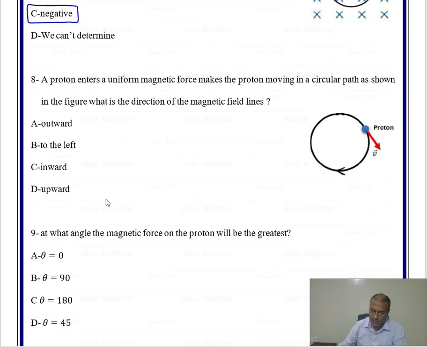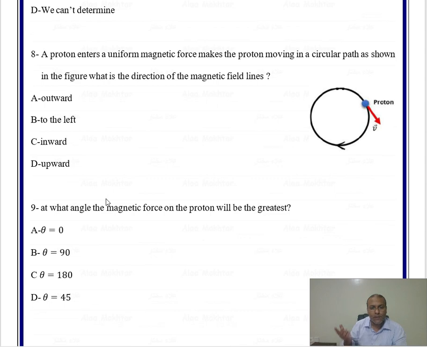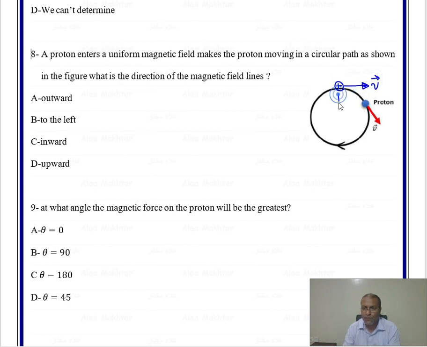Question number 8. A proton, which is positive, enters a uniform magnetic field, making the proton move in a circular path as shown in the figure. What is the direction of the magnetic field line? As you see, this is a proton, it's positive. If I draw a positive charge at this point, velocity will be to the right side and the force toward the